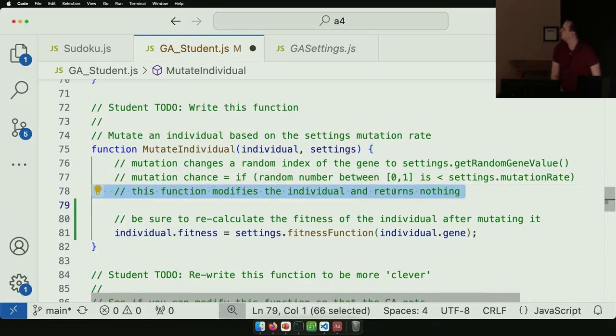And this function modifies the individual and returns nothing. So we look at individual.gene, find a random index, change it to a random value, and then that's it. It's already modified. However,